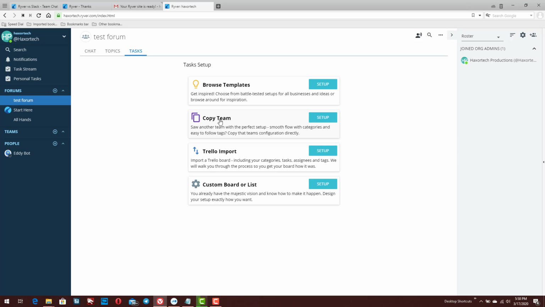You can copy a team if they have something specific that you wanted to use, or you can even import information over from Trello. If you're moving over from Trello, whether it's a cost issue or whether you just didn't like Trello and you preferred to use River, then you can set it up by importing over. You can also use custom boards and lists, but this is really nice because if I